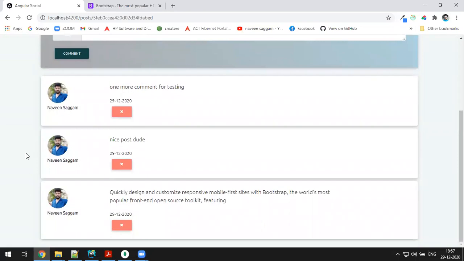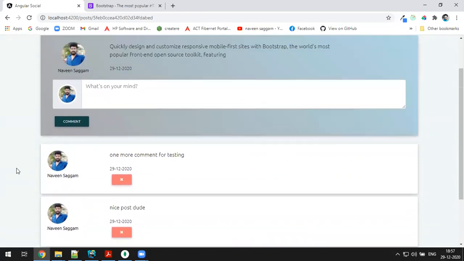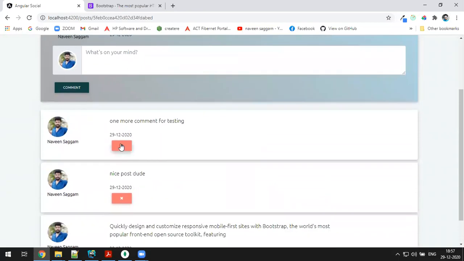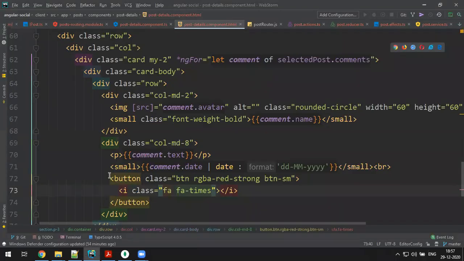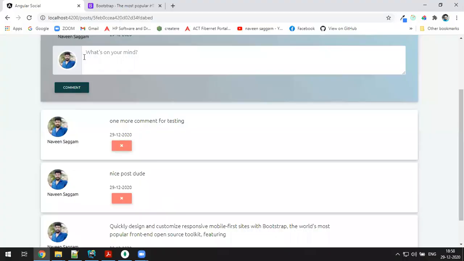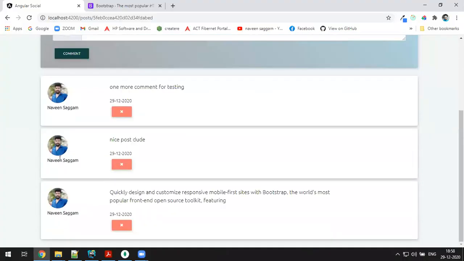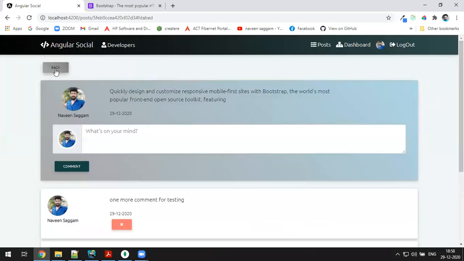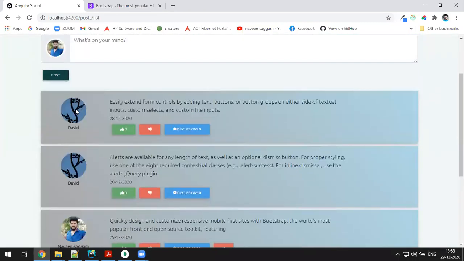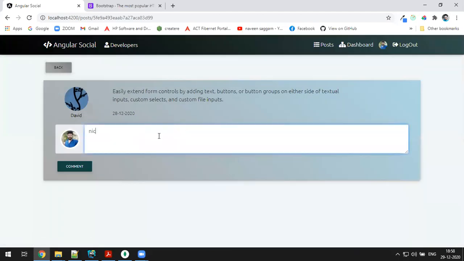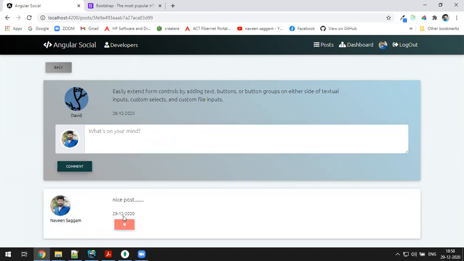But actually, you have to make some condition, man, because not everyone should have a cross symbol. See, if you write a button just like this, someone else posted, someone else commented. So, for example, David's post is there. Discussion, I say nice post something. Okay, I comment. So I got the cross symbol.